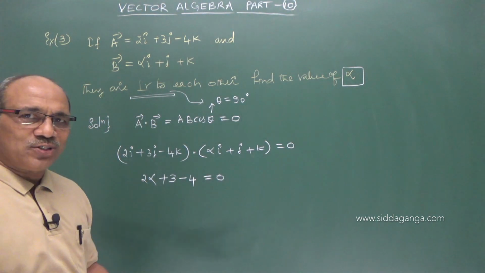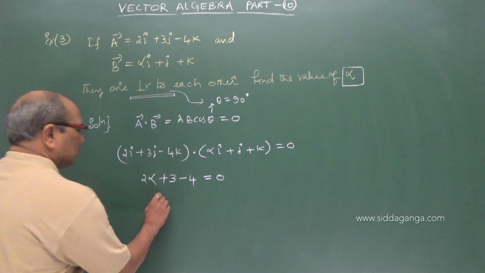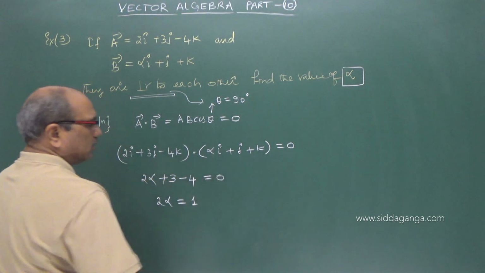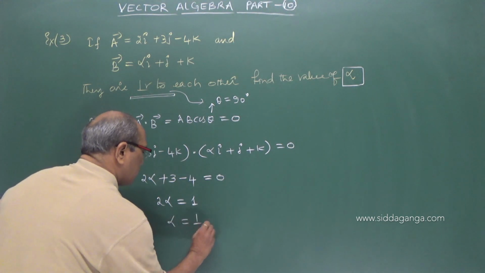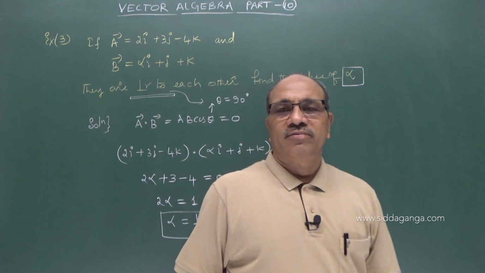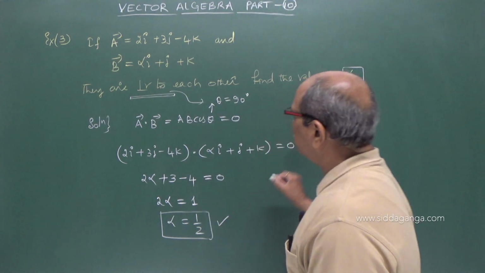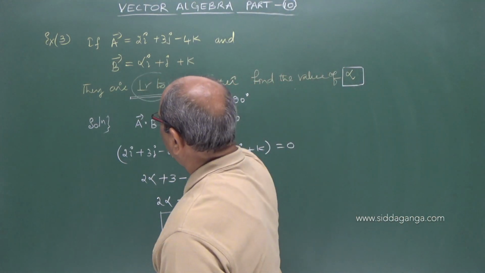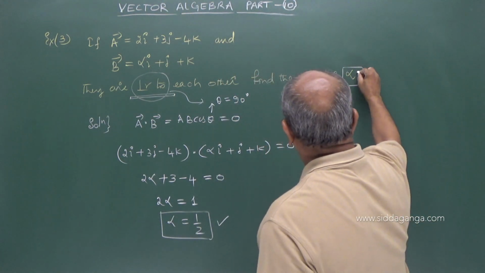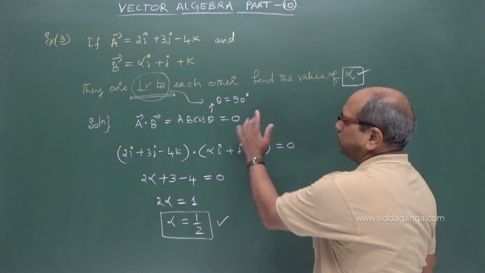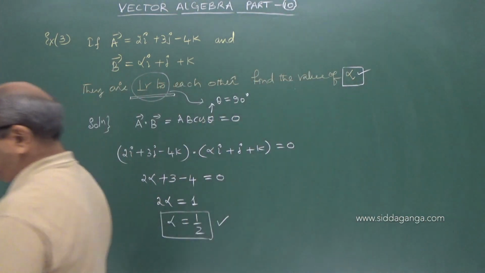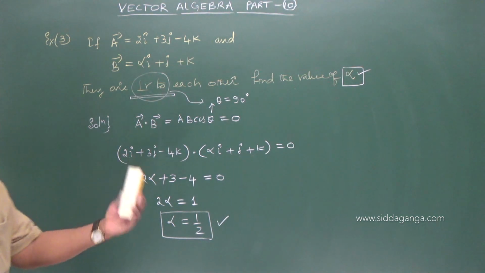I hope now your job is over, because you got the answer. 2 alpha equals 1, because 3 minus 4 is minus 1. If you take it to the other side it becomes plus 1. Then the value of alpha equals half. Fine, you can find it among the options. So it can be calculated very quickly using the concept. When they use the word perpendicular and give two vectors, apply your mind directly to the dot product to get alpha. Because it vanishes, the right-hand side becomes 0 and simplification easily gives you the unknown in the equation. I hope you have understood this. Let's come to the next question.